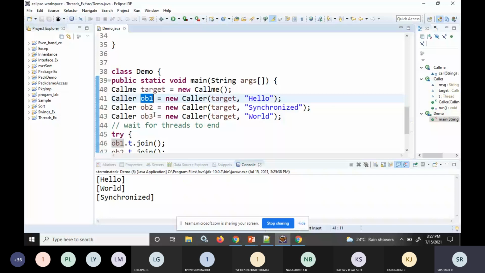Even though we are using the get method and put method inside a synchronized block, we don't have a mechanism to stop the producer from producing the data. What we said in the producer consumer problem is that first the producer has to produce the data, and it has to wait for the consumer to consume. But here it is not waiting. It keeps on producing the data. We don't have a mechanism to stop the producer from overrunning the consumer.